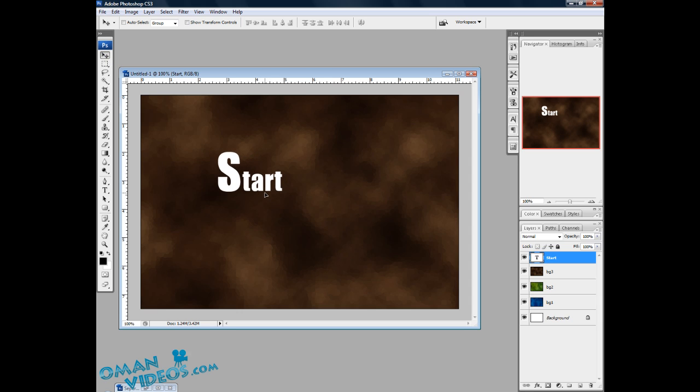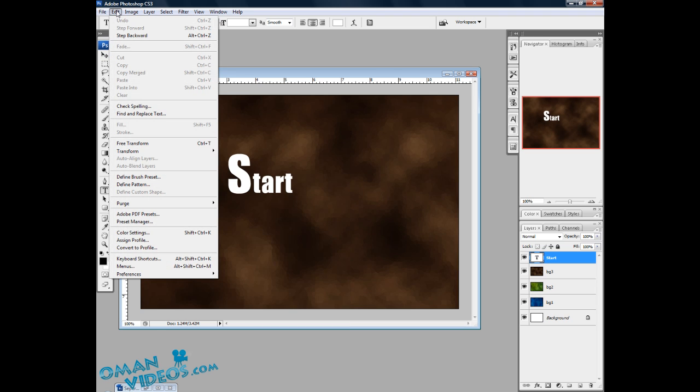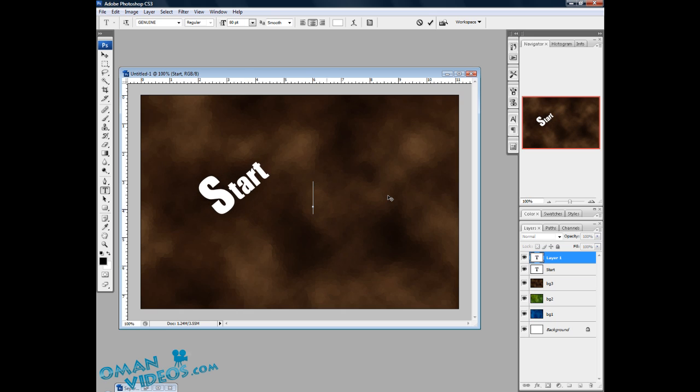After that's done, press on Ctrl T to choose the transformation tool, or once it's selected, you can go to edit, free transform. After that's done, you can change the angle to -40, so you have a bend effect, and you can press on the OK button. After this is done, you can adjust it where you'd like it to be, and I'll be needing another word,